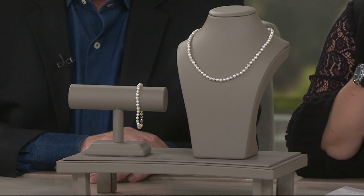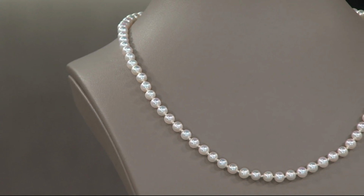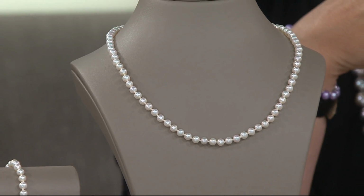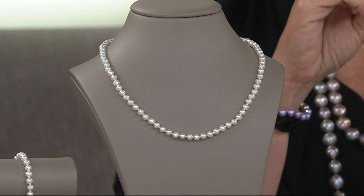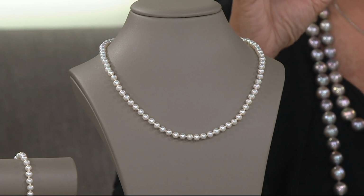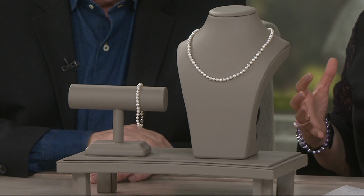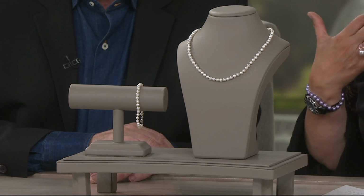All right, let's talk about this next set. This will never be done again. This is a cultured pearl necklace and bracelet set. These are near rounds. They are gorgeous, and they're 5 millimeter in size. So for those of you who love these big, huge Ming pearls that we're bringing in at 14 and